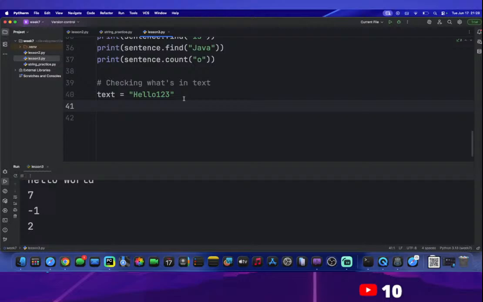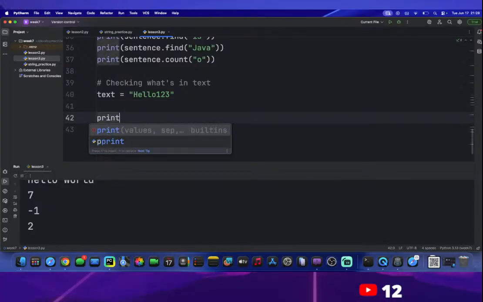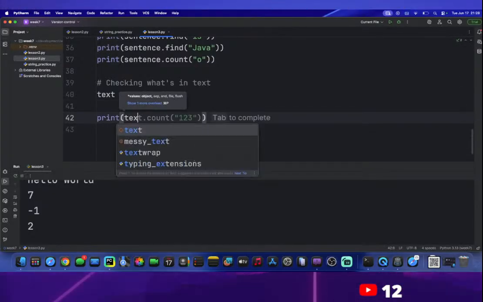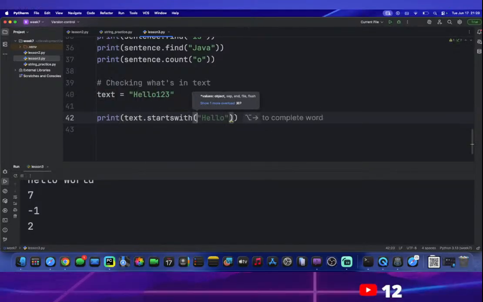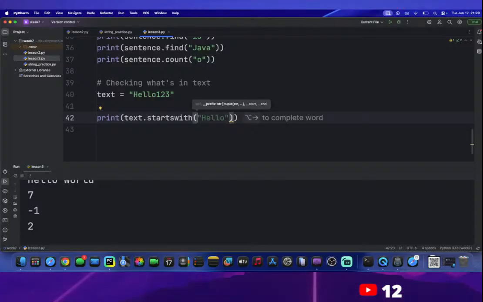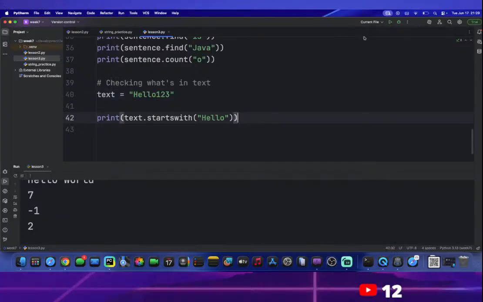But cool, let's quickly just do this. So here we've got checking what's in our text. This will return a boolean to let us know if it's there or not. The first thing we want to check is, let's print to see if our text dot starts with something. So if we have a function called starts with, let's say starts with hello, obviously our text does start with hello, and this should return true. So if we run this,